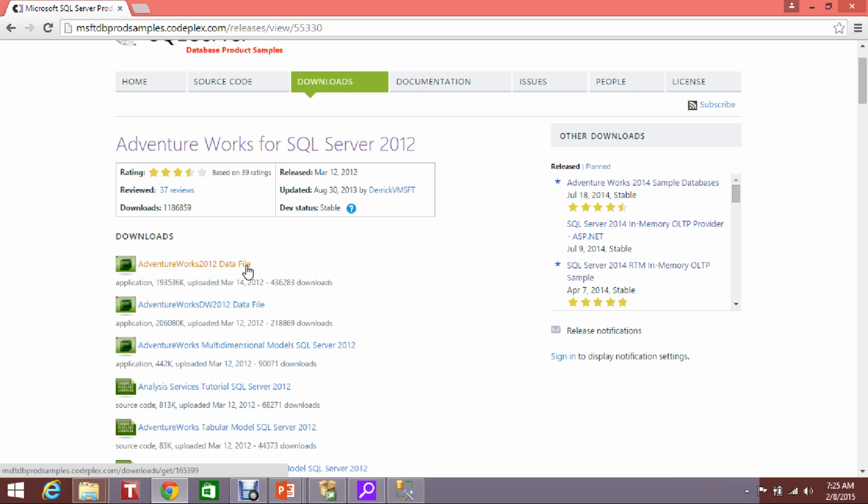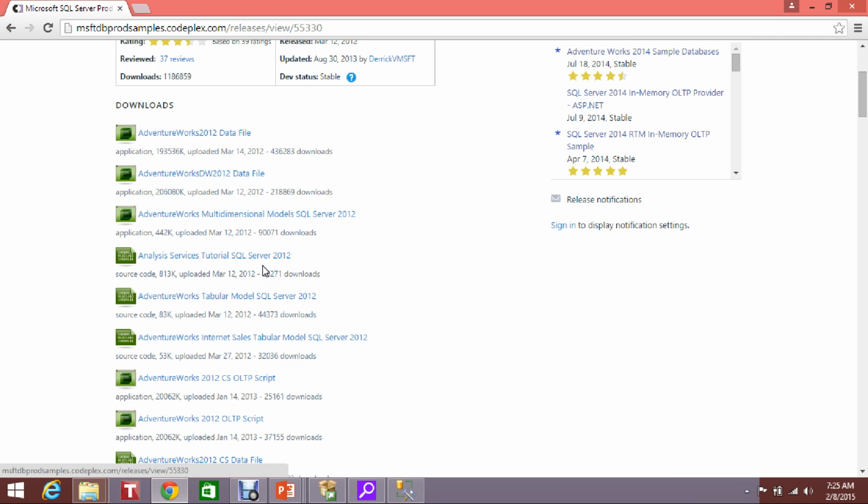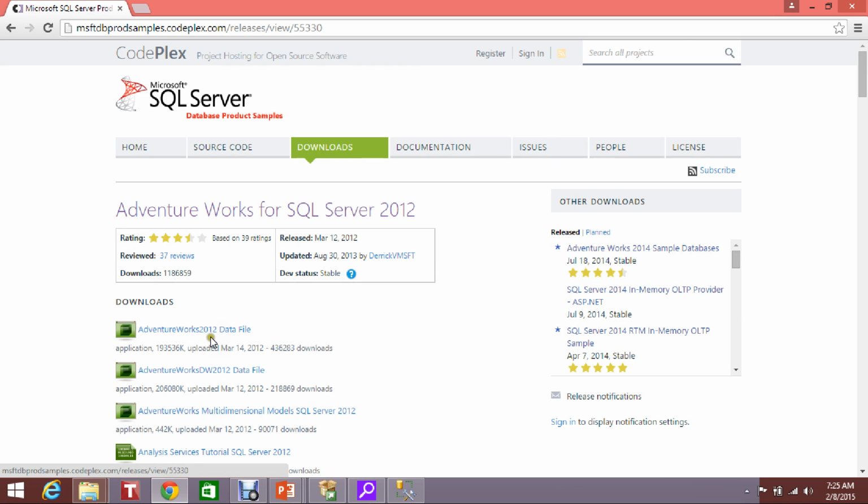This data file is different from this other data file, which has a CS. The CS stands for the case sensitive collation. We would want the case insensitive collation so that we don't bother if we are writing our queries in upper or lower case. So we will click this AdventureWorks 2012 data file